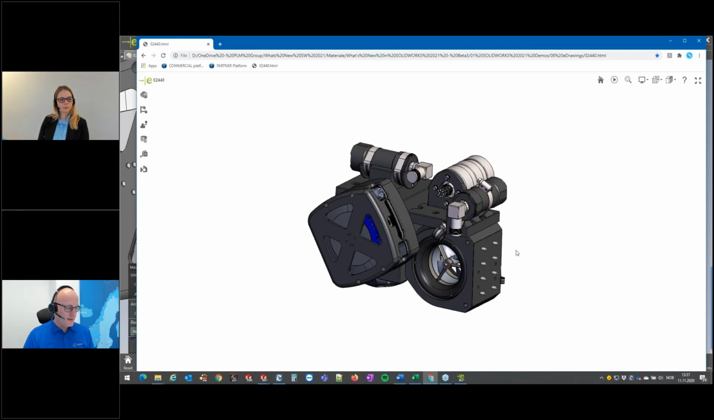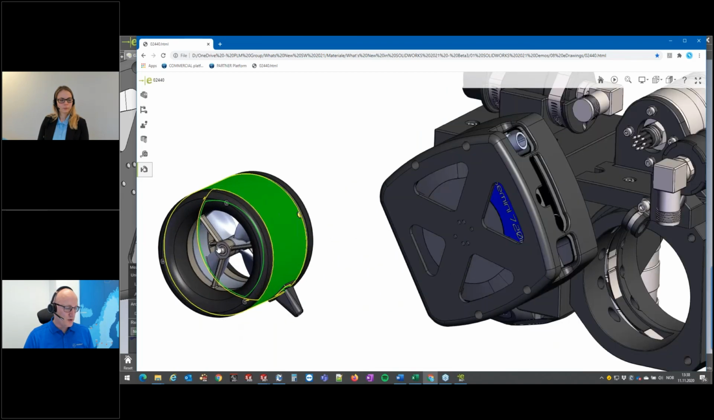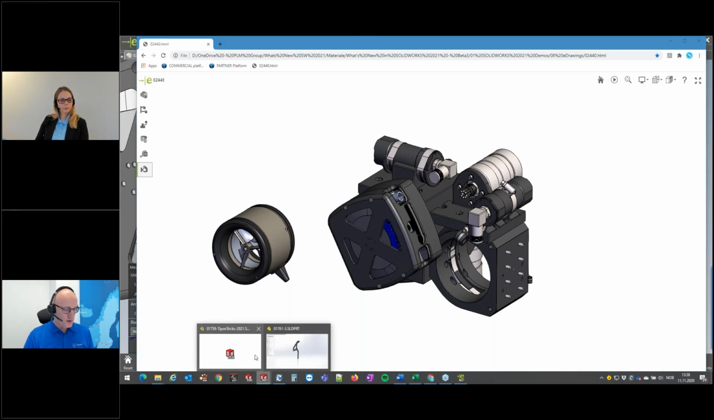What you can do now in this web version of this model is to orient yourself by taking the model apart like this. And you can rotate and really get a closer look at the model. So it has more tools for orienting yourself in the model. So those are the news in the eDrawings universe, and I think I'll just switch to a couple more tips